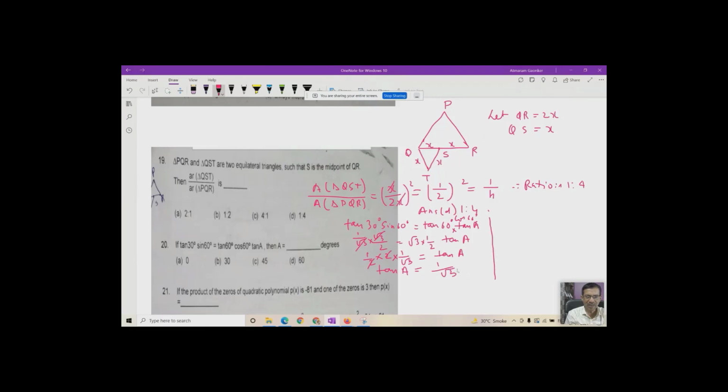And for which angle A, tan of A is 1 upon root 3, that is tan of 30 degrees is equal to 1 upon root 3. So tan A is equal to 1 upon root 3, tan of 30 degrees is 1 upon root 3. So in place of A there is 30 degrees. So therefore angle A is 30 degrees. So the correct answer is B,